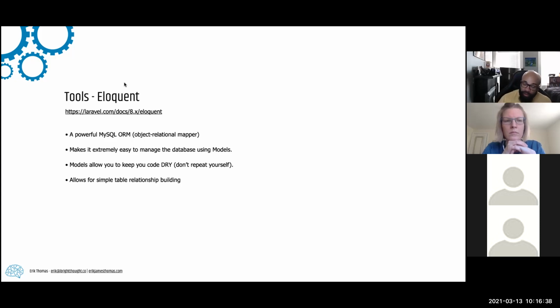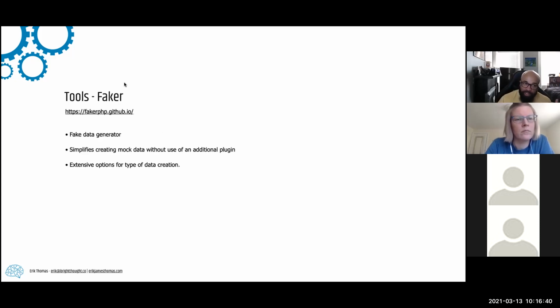So the last thing that I'm using in this, which isn't necessarily part of the MVC portion of it, but it's good for creating fake data. The tool is ironically called Faker. So what it does is it literally creates fake data for you. So whenever you're doing fake posts, instead of having to come up with a title and that title being repeated, this thing will generate a title for you.